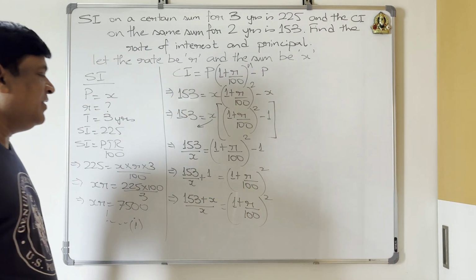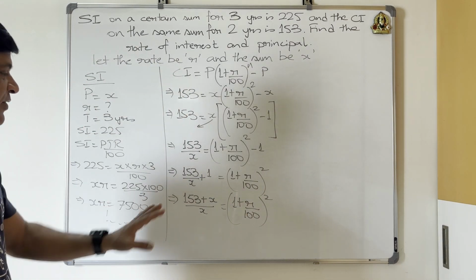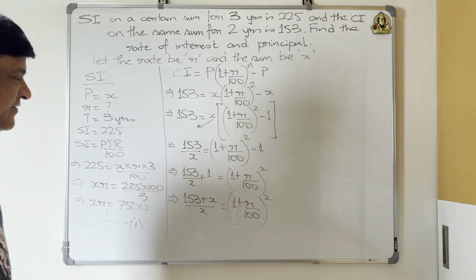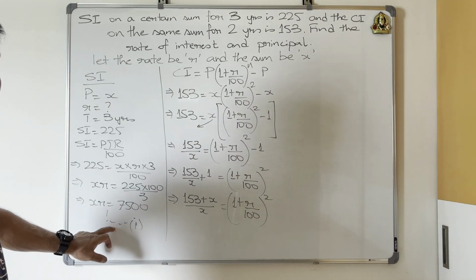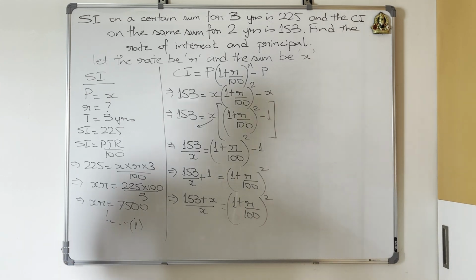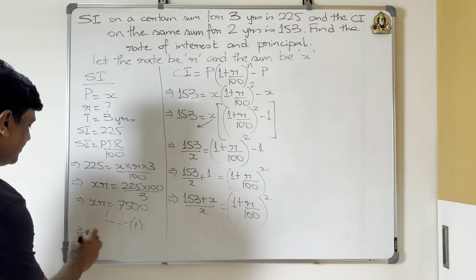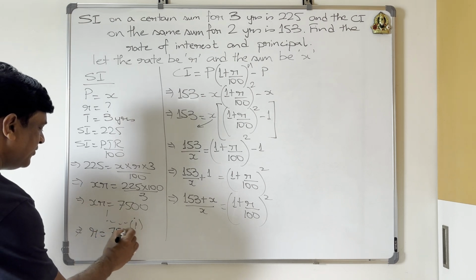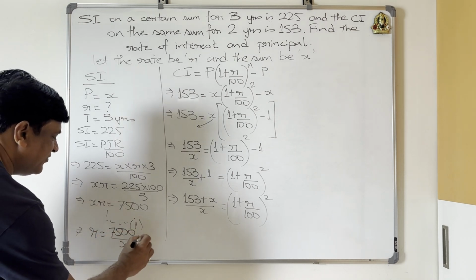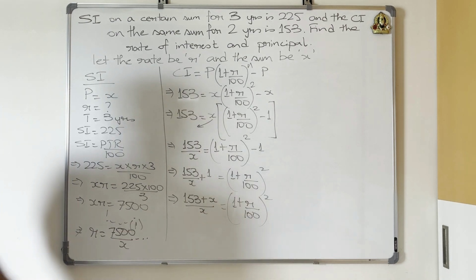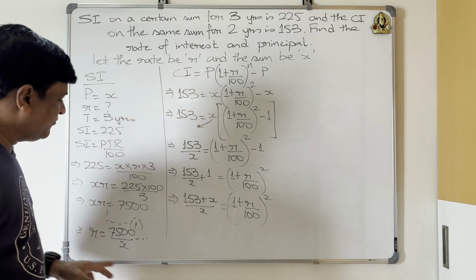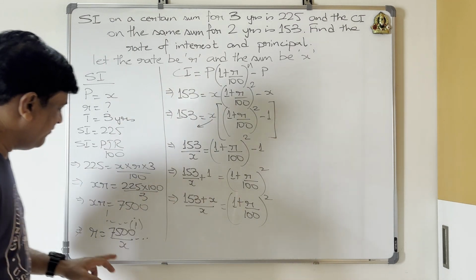Now look at it. You'll get confused between these two. Here I have x on the left side, I have R on the right side. Now by using equation 1, can I write R is equal to 7500 by x, which I should be able to use over here? I can replace R over here, right? I can do that. So let's go ahead and replace R with this particular